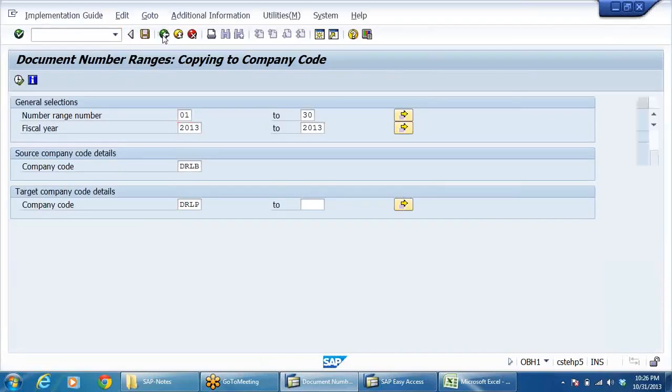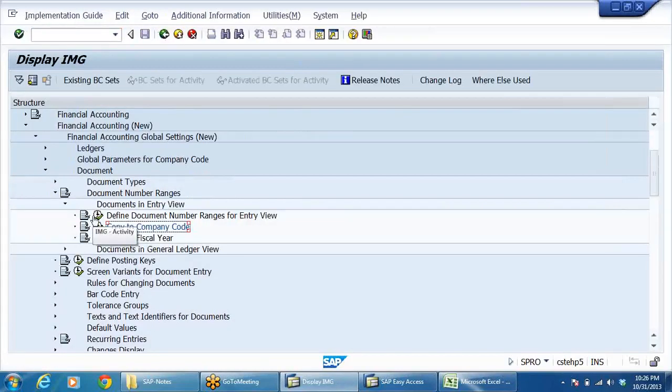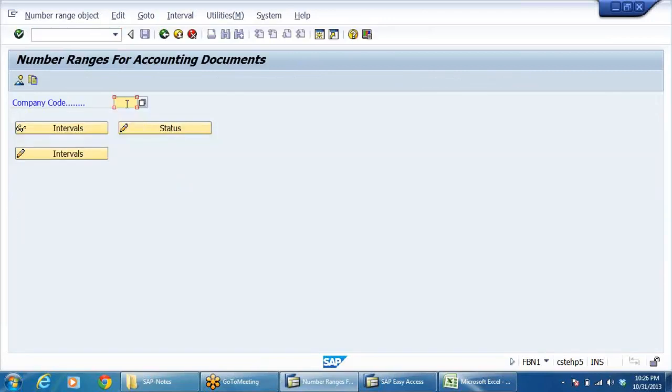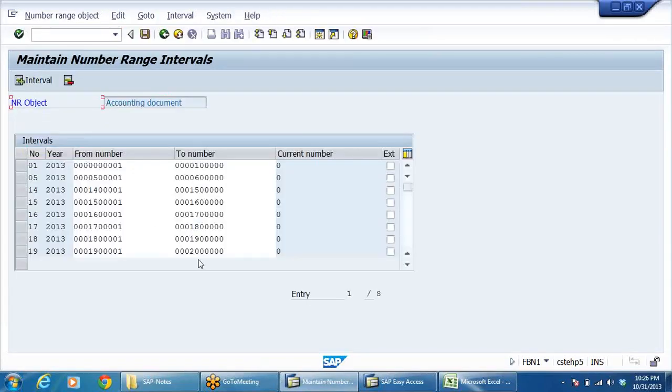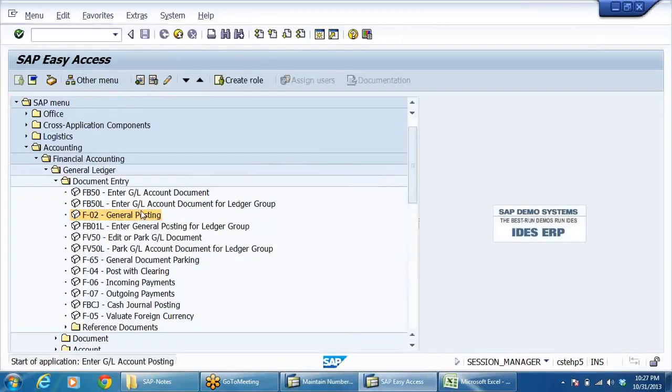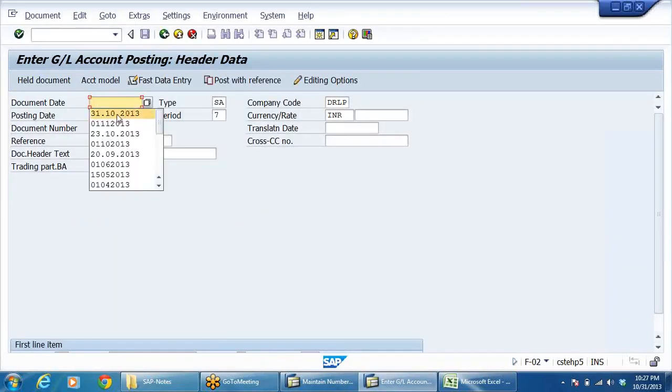Okay. Now let us see now. DRLP. So number ranges got copied. Okay. Now let us see again. Try to post an entry.